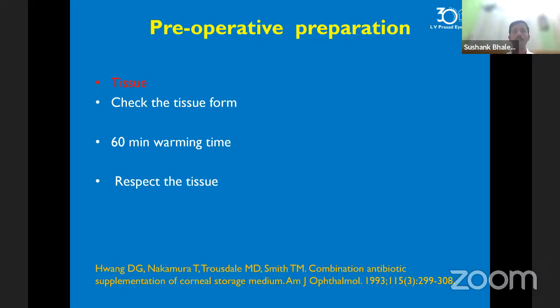Now coming to preoperative preparation regarding the corneal tissue. So always before starting the surgery, check the tissue form. What is written in that tissue form? What is the expiry of that tissue? What is the age of the tissue? And all these things we need to note down before taking the tissue for the surgery or starting the surgery. And then